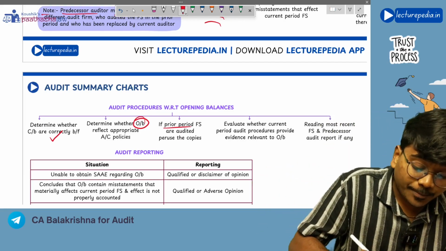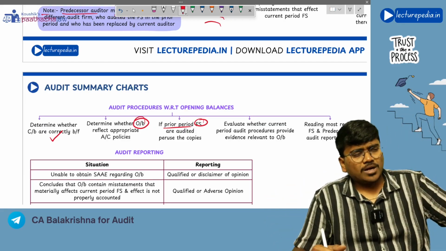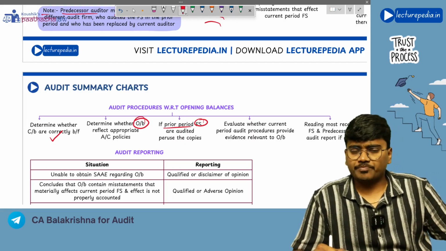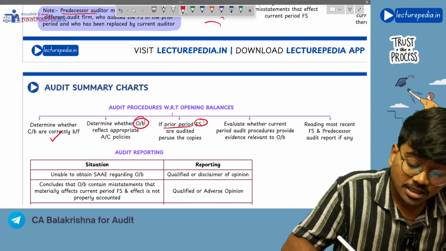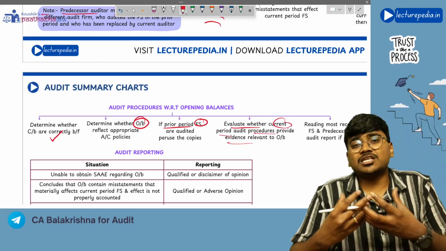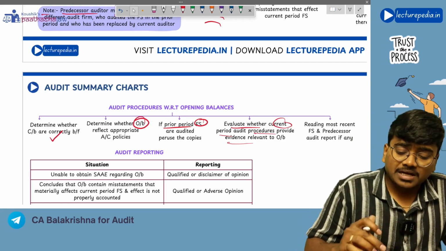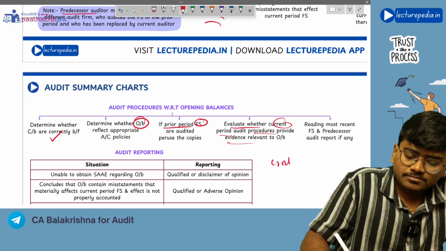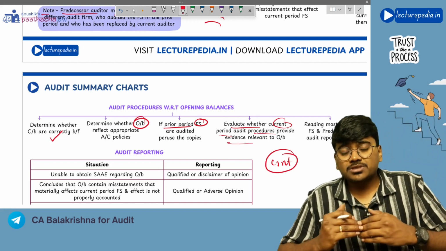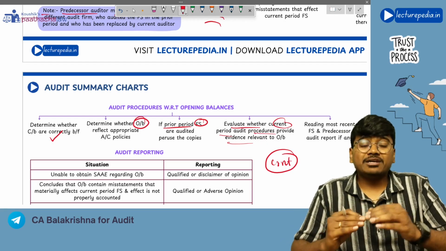Next, if the prior period financial statements are already audited by some other auditor, you will peruse and go through those prior period financial statements. Understanding? Yes. Next, evaluate whether current period audit procedures provide evidence with respect to opening balances, generally with respect to the current assets. The audit procedures that you perform in the current period will provide audit evidence about the